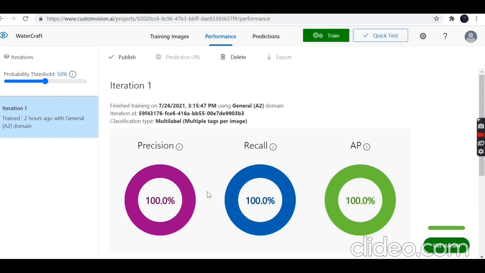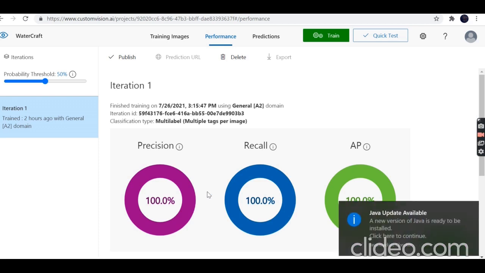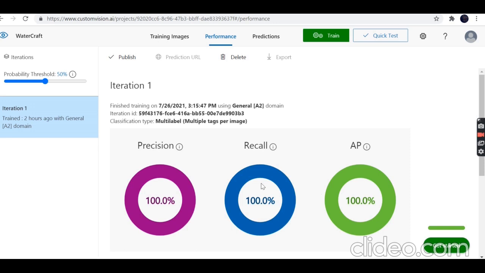If your model has 7 images and it recognizes 7 images truly, then that is precision. And in recall, if your model has 7 images of a boat and it considers only 6 images as a boat, then that is recall. And AP is the area under your precision and recall curve, considering all the shapes and curves. So this is my iteration.